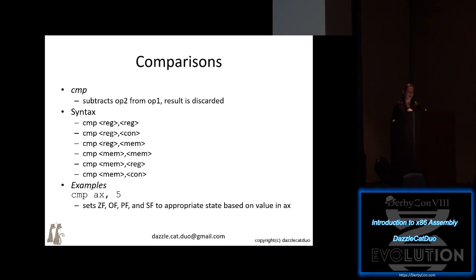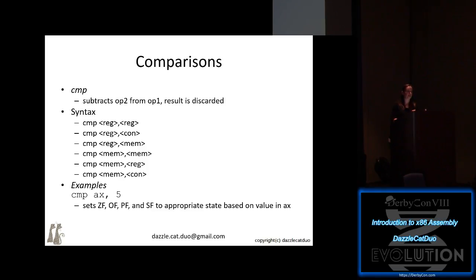To have a conditional jump, you have to do some kind of comparison. So I have to have some kind of statement that says, well, if this, then jump. If not this, then don't jump. I do that by using things like comparisons. The compare operator subtracts the second operand from the first operand. The results are discarded. So what I mean is, if I compare a 5 to a 3, 5 minus 3